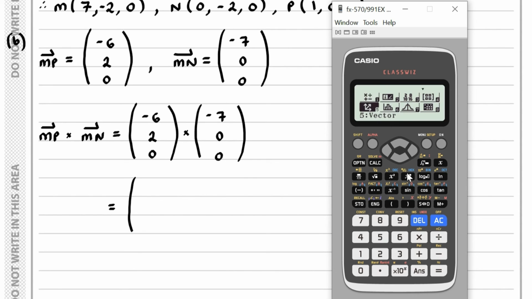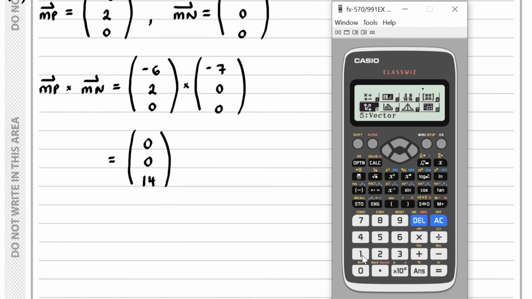So if I go to the vectors sub-menu, define vector A, -6 to 0, then define vector B, -7, 0, 0, and then if I have A and cross that with B, I get 0, 0, 14,